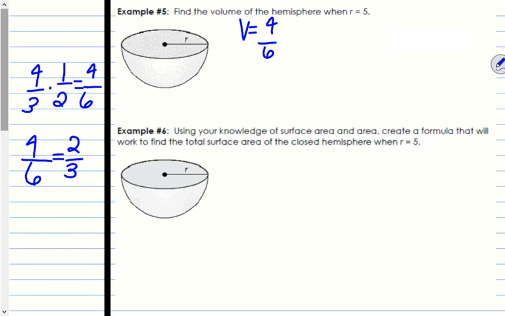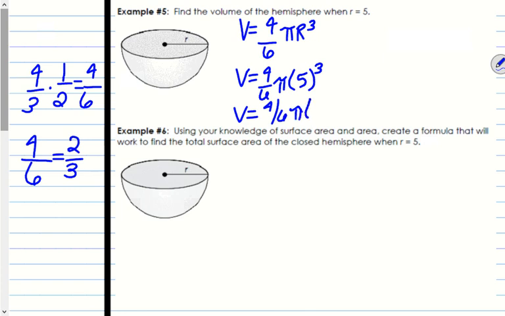So the volume equals 4/6 times pi r cubed. Volume equals 4/6 pi. The radius is 5. Volume equals 4/6 pi times 125. Okay, and so I need to multiply that out together. And when you multiply 4 times 125, you get 500. So volume equals 500